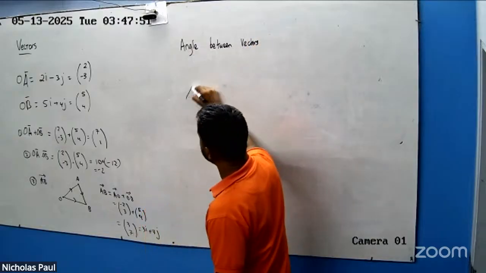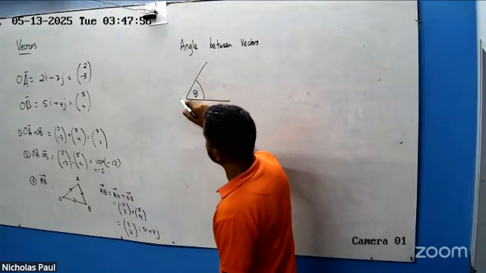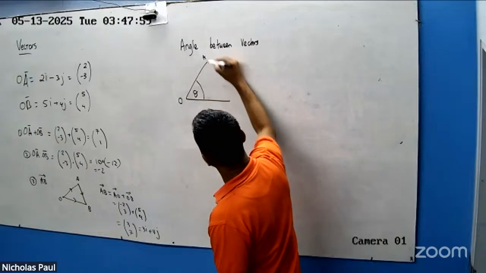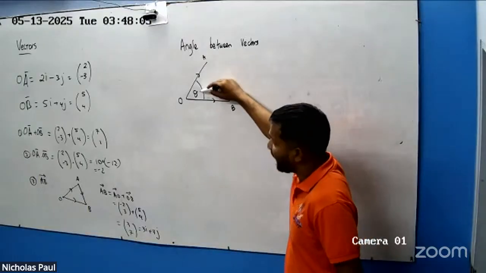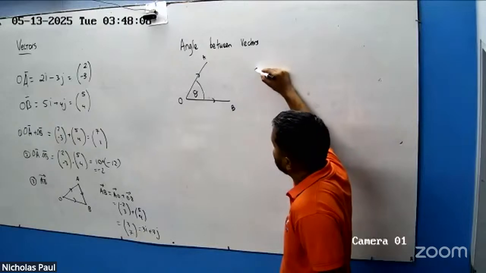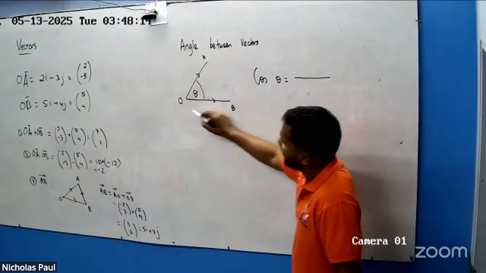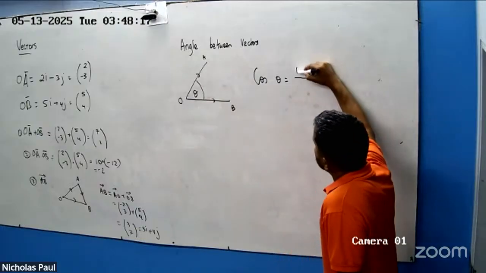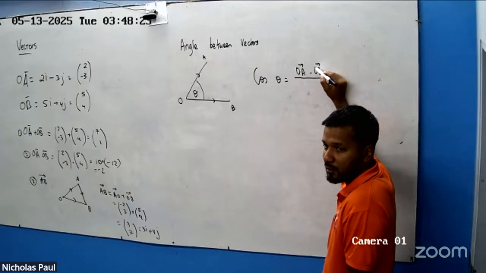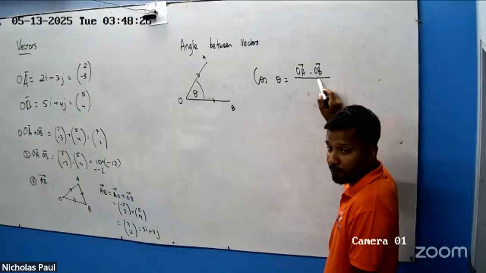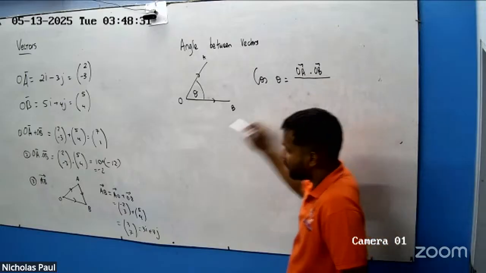So let's say I gave you two vectors, and I want you to find theta. Here's O, here's A, and here's B. For you to find the angle between these two vectors, there's a little formula that you have to use. Cosine theta is equal to the dot product of OA and OB. How are you finding OA dot OB, Yasif? You multiply it just like this,